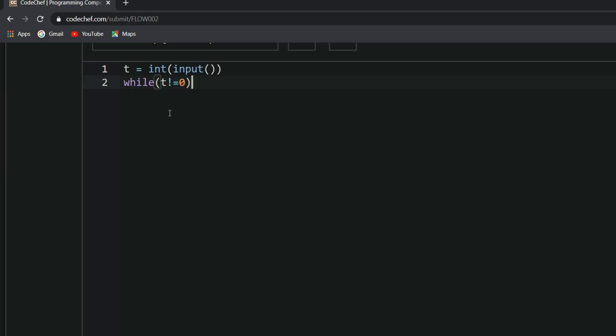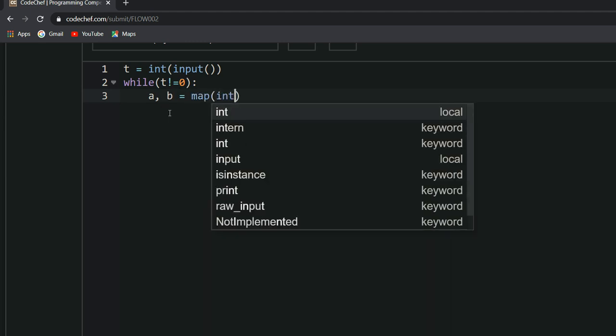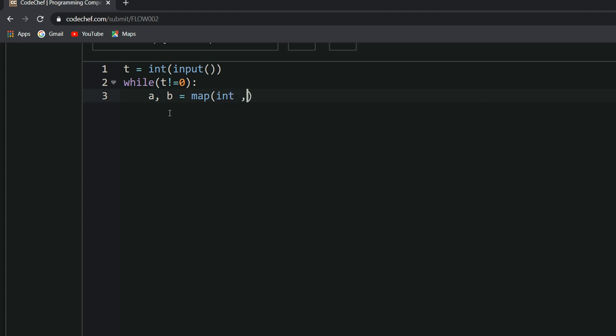I'm using map here, where the map function helps us to map the values. The data type of a and b will be integers, so I am taking the data type as int, with input().split(). By using the input method you will take input, and by using the split method you will split those corresponding values, and map will help us to map those corresponding values.